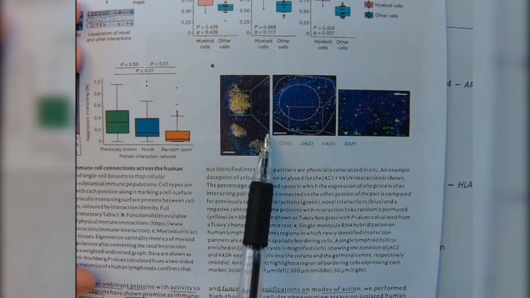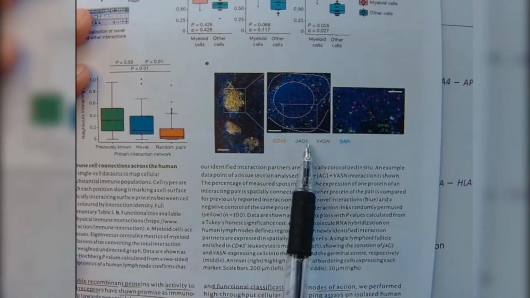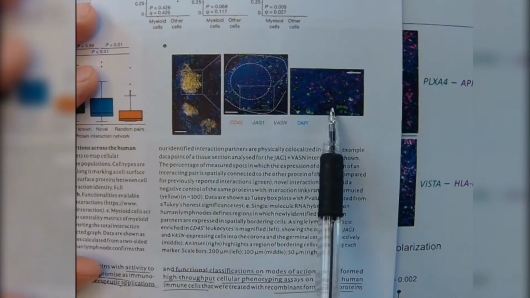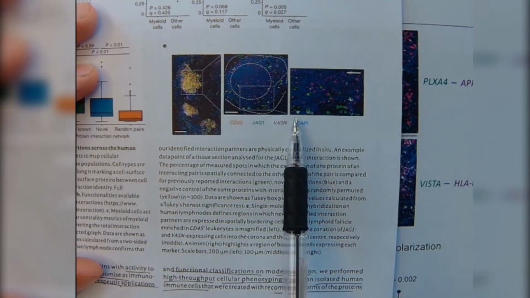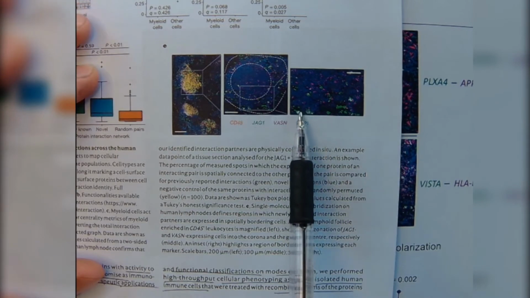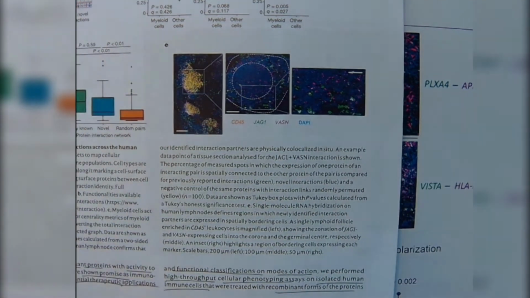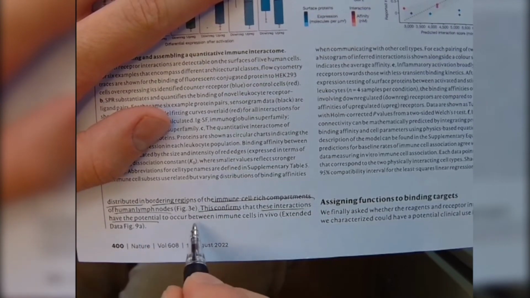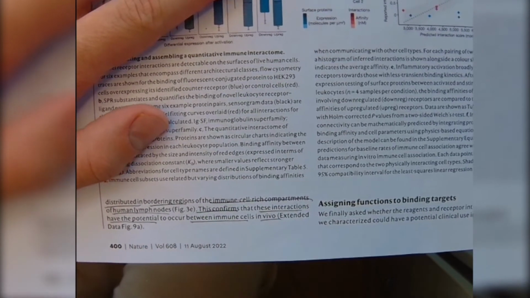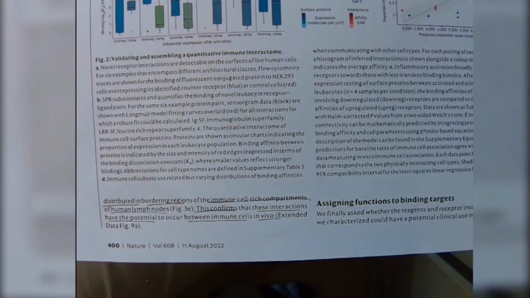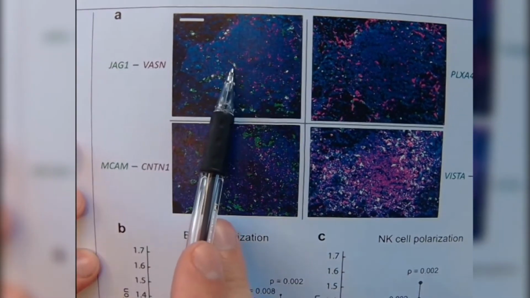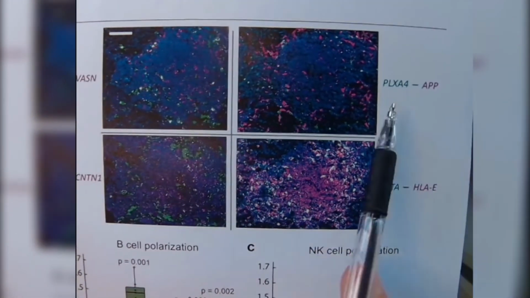As you zoom in on the CD45 population, you can see JAG1 and VSIG4 being expressed. And if you zoom in even closer, you can see that their co-localization also gives rise to an additional color shown in white, which indicates that they are interacting together. This confirms that these interactions have the potential to occur between immune cells in vivo, shown in extended data Figure 9a. When looking at multiple different protein interactions like JAG1, VSIG4, you can see as well there's this white interaction,